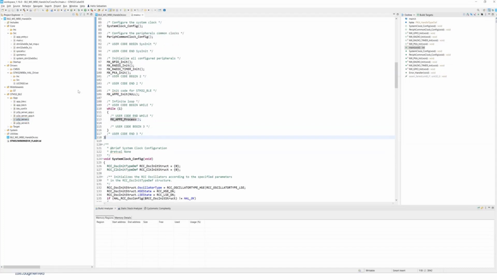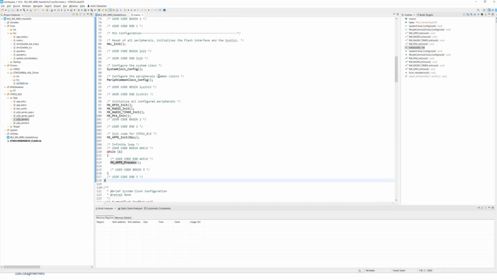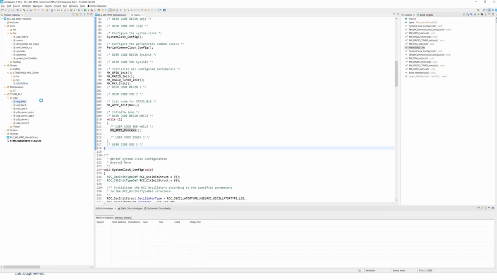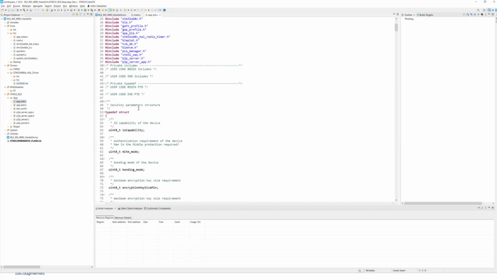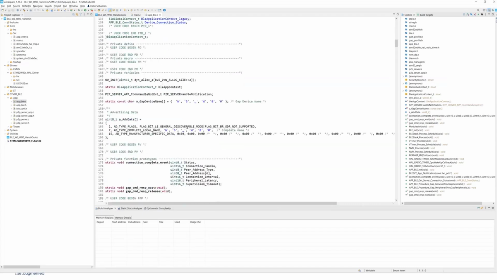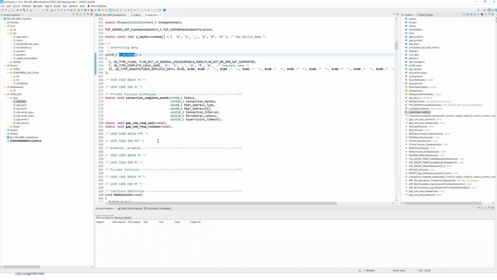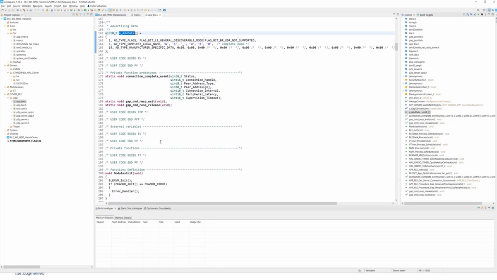So let's move now, opening app_ble.c. If we open it, we can see, for example, that the device name is now equal to workshop WB0, and that the advertising data field has been updated according to the settings we set using Cube IDE.